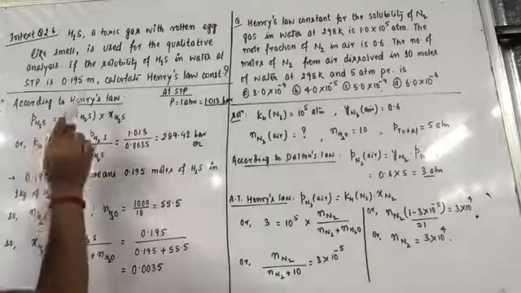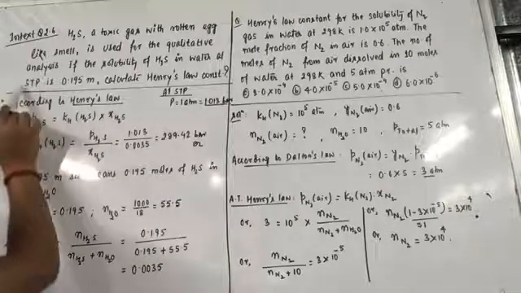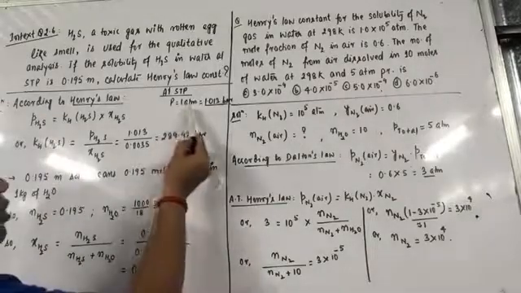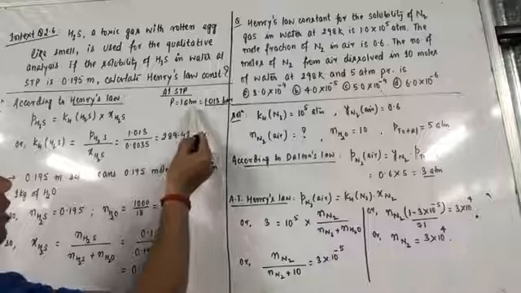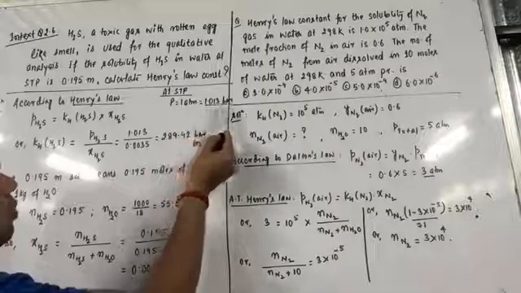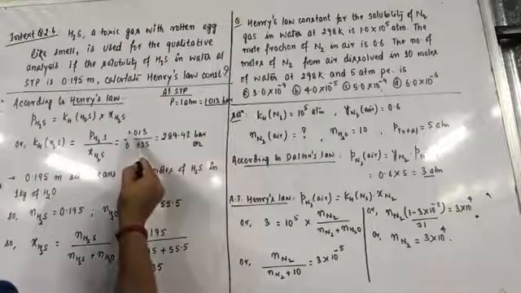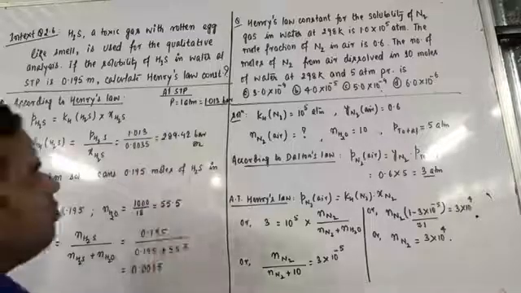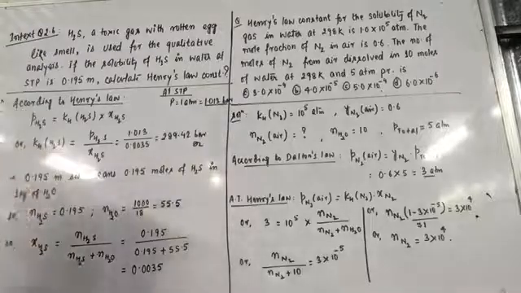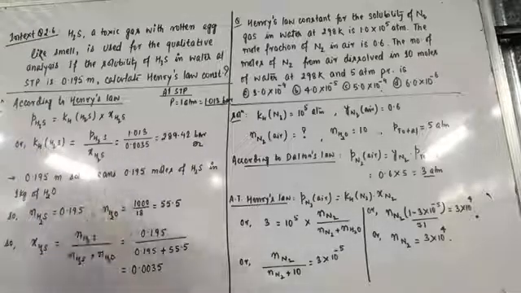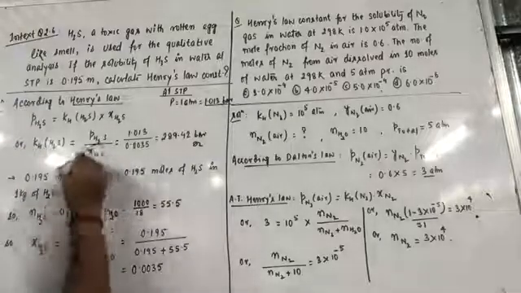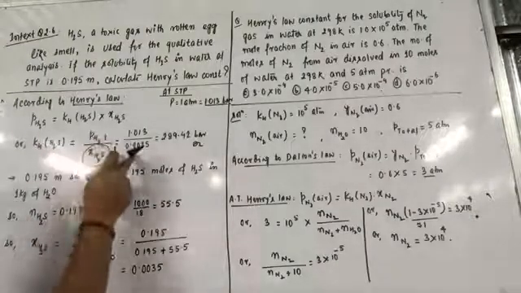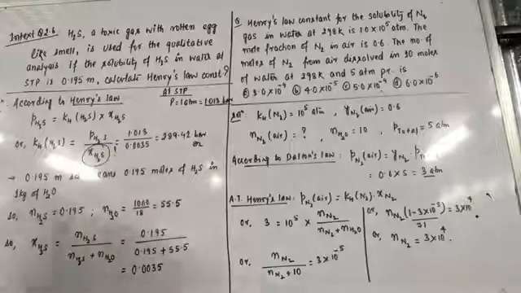Now pressure here is not given, but condition STP is given. So at STP, what we know is that pressure is equal to 1 atmosphere. So 1 atmosphere is equal to 1.013 bar. So we have taken it here as 1.013 bar, so we are getting the answer in terms of bar. We can even work on atmosphere also, no problem. Now the main target for us is to calculate the mole fraction of hydrogen sulfide gas. Pressure is known to us. Now we have to calculate the mole fraction of hydrogen sulfide gas.